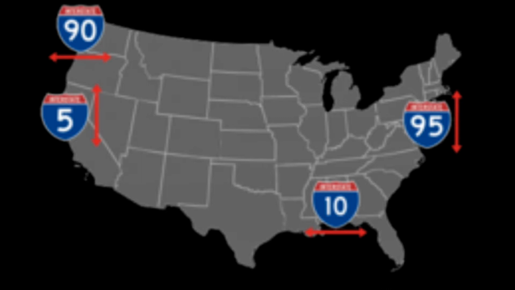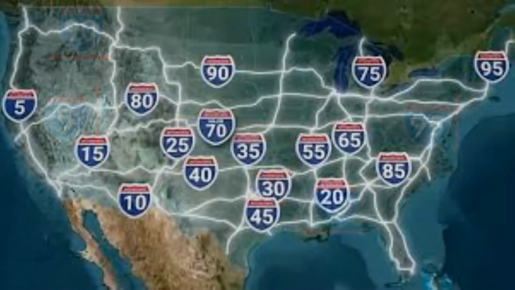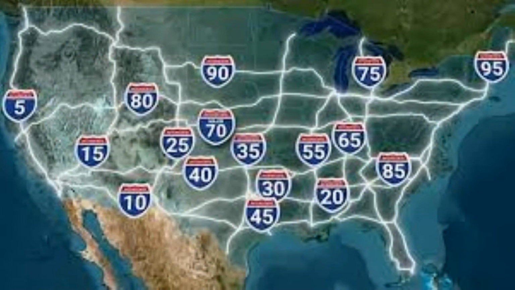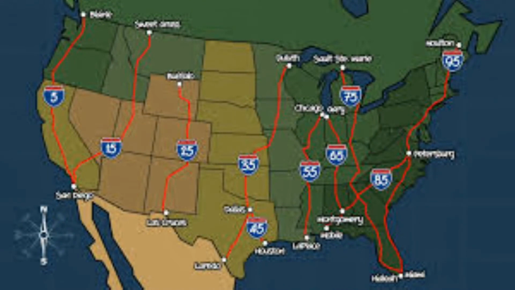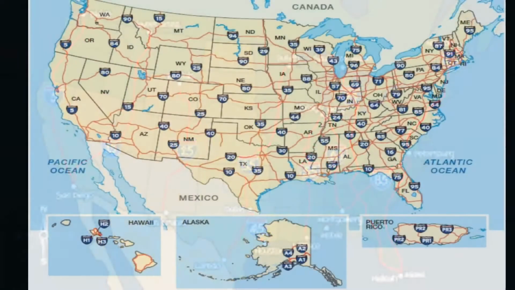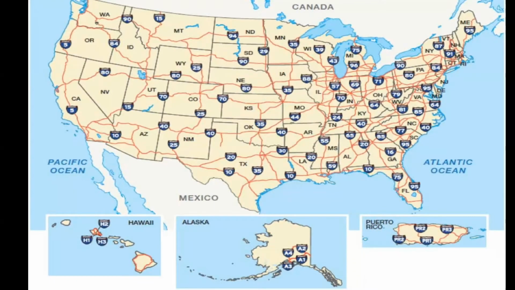Major interstates are either 1 or 2 digits and end in numbers divisible by 5, so 0 or 5. These are the big cross-country routes: I-10, I-40, I-70, 80, and 90. And then we've got the north-south routes that go across the country: I-5, 15, 35, 75, 95, just as examples. Routes that don't end in 0 or 5, like I-17 in Phoenix or I-29 through Kansas City, Missouri, are considered minor interstates, often shorter or more regional.